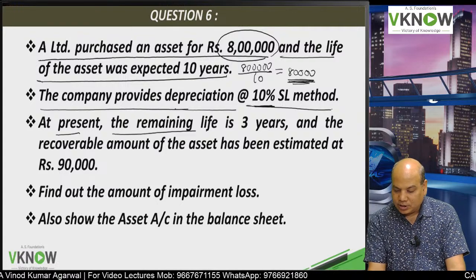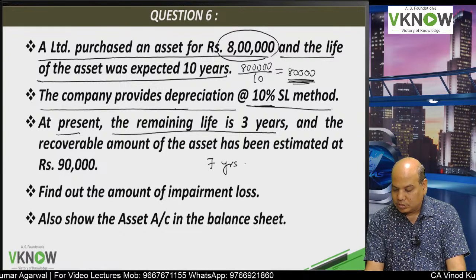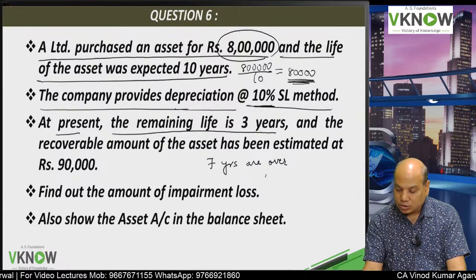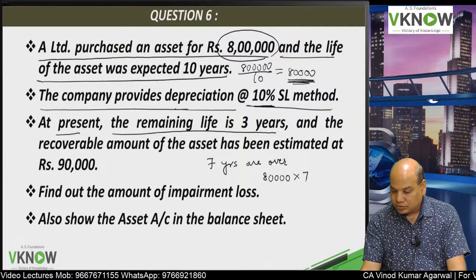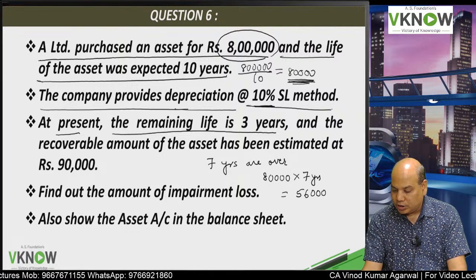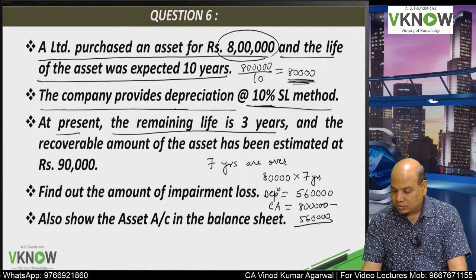At present, the remaining life is 3 years. So 7 years are over. 80,000 into 7 years, depreciation already charged is 5,60,000 and carrying amount of the asset will be 8 lakh minus 5,60,000, which will be